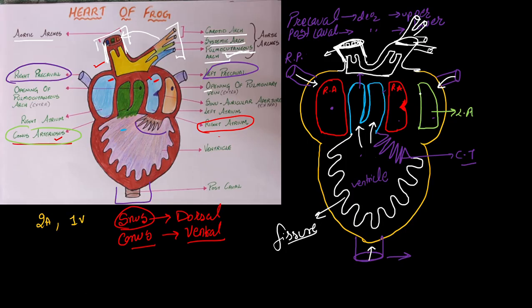Now we know that ki left atrium में blood will be coming from the lungs, that the purified oxygenated blood will be coming from the lungs. So there will be the opening of pulmonary vein. Okay, pulmonary vein. How is this oxygenated blood coming from the lungs? It is coming through the pulmonary vein. So the opening of the pulmonary vein will be present in the left atrium. Now this one which you can see here, class, little B shape I told you, this is nothing but the opening of